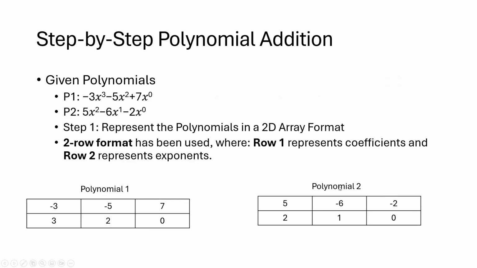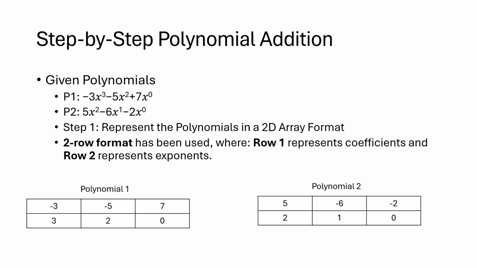What about polynomial 2? The expression is 5x squared minus 6x to the power 1 minus 2x to the power 0. So we will store 5, 2, minus 6, 1 and minus 2, 0. Now try to predict what should be the number of terms in the resultant polynomial. Basically, without computing the resultant polynomial, it is quite difficult to accurately predict the number of terms in the resultant